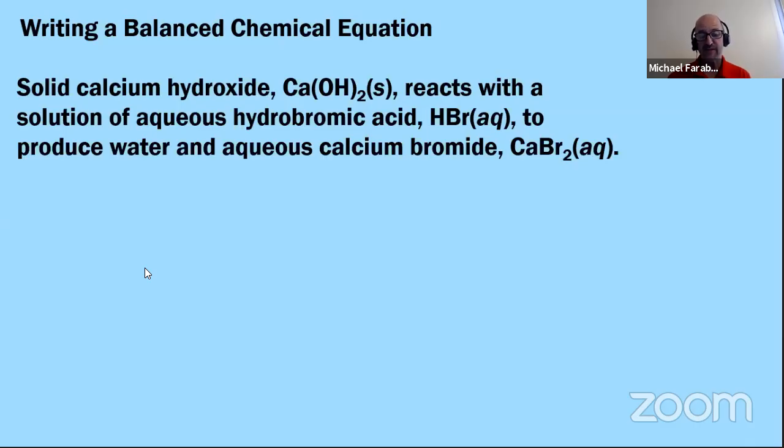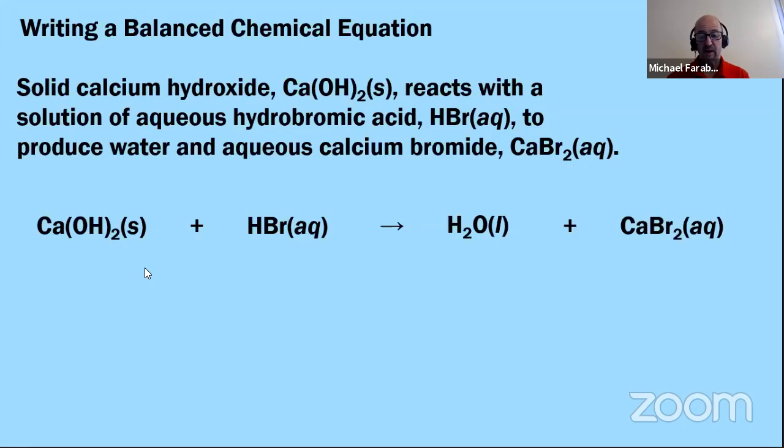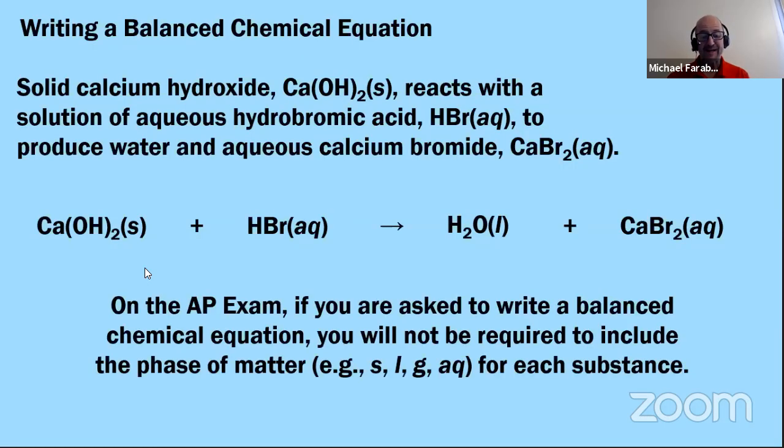So I'm telling you that calcium hydroxide is Ca(OH)2, and that hydrobromic acid has the formula HBr. So we have solid calcium hydroxide reacting with a solution of aqueous hydrobromic acid, and it produces water, H2O, liquid water, and aqueous calcium bromide. Now, on the AP exam, if you are asked to write a balanced chemical equation, in your answer, you are not going to be required to include the phase of matter, such as solid, liquid, gas, or aqueous. So I'm going to go ahead and rewrite this equation without the phases of matter, and that would still be